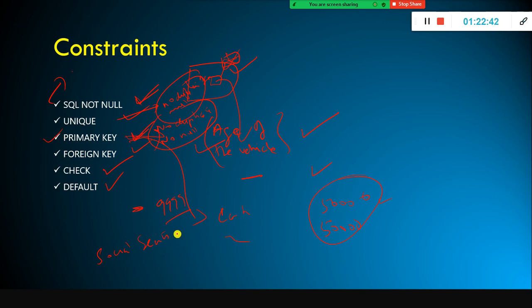Each person's social security number is unique. Similarly in India, Aadhaar card. I don't know which number they use in Zimbabwe. In the US, social security number; in India, Aadhaar number. My Aadhaar number is different from your Aadhaar number. So this is an example for primary key.